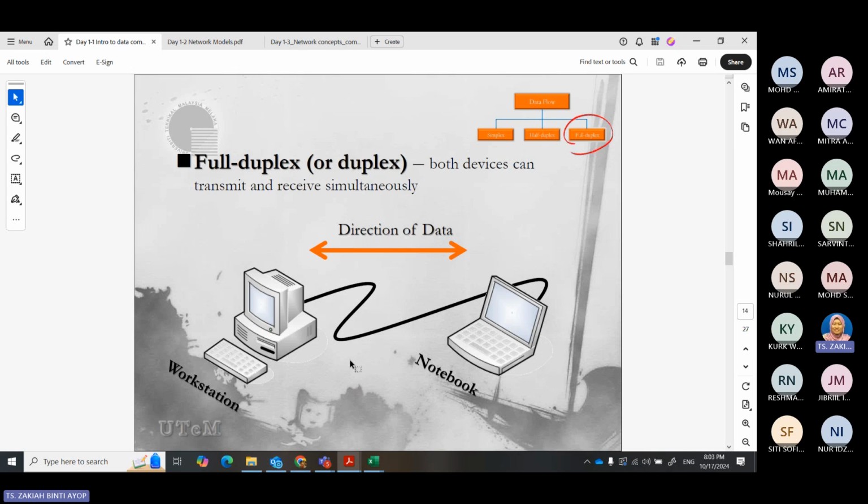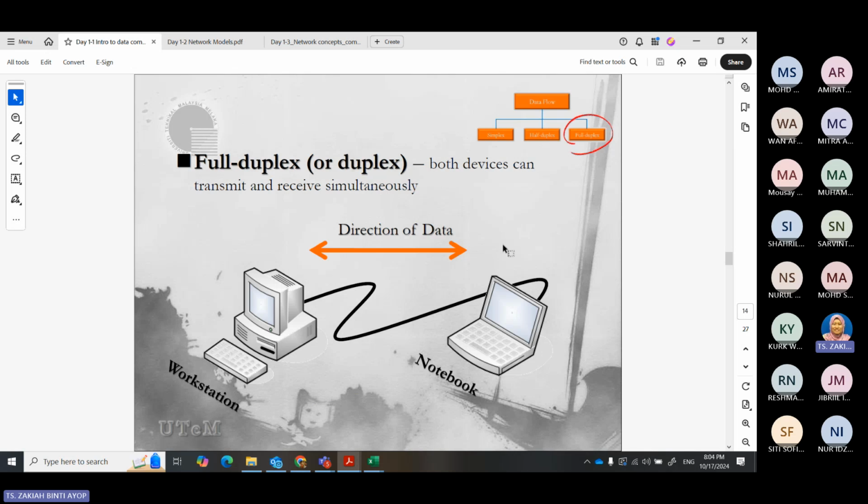So what about full duplex? In full duplex, both devices can transmit and receive simultaneously. For example, with fiber we have two twin cables, so that it enables transmission from both sides.